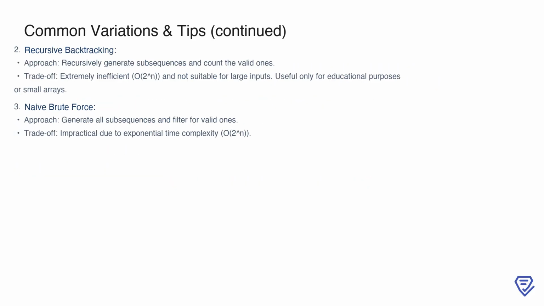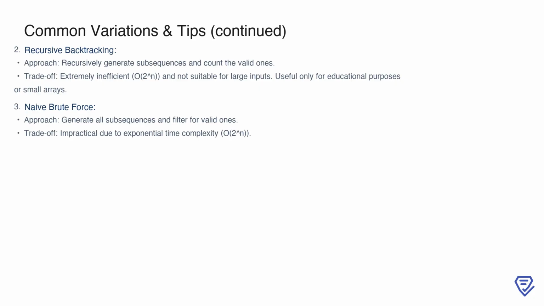Finally, let's briefly consider 2 other approaches, although they are less practical. The first is recursive backtracking, where you recursively generate subsequences and count the valid ones. While this method provides a clear, conceptual understanding of the problem, it is extremely inefficient, with a time complexity of O(2 to the power of n). This makes it unsuitable for large inputs, though it can be helpful for educational purposes or when working with very